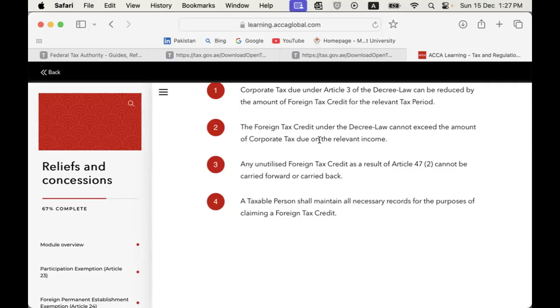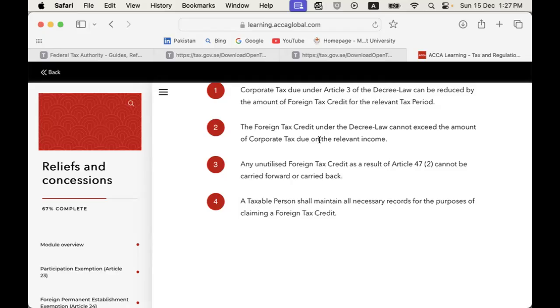Now, I remember reading a double tax agreement between UAE and Singapore. If you have access to it, you will find something funny and very interesting in there. That double tax agreement allows deduction of tax in Singapore for the UAE entities. And to my interpretation, because a double tax agreement trumps the domestic corporate tax law, this is a funny situation because Singapore has a higher tax rate than UAE. So it is going to be a very big issue when